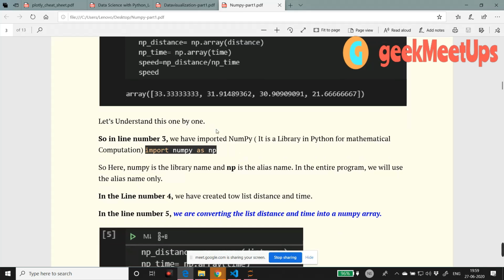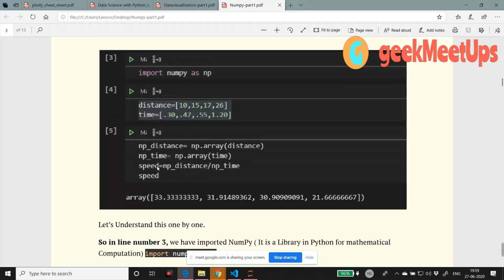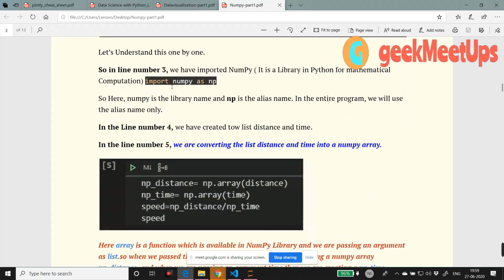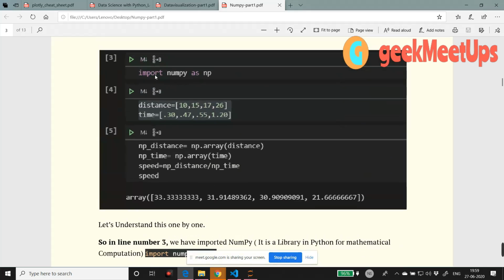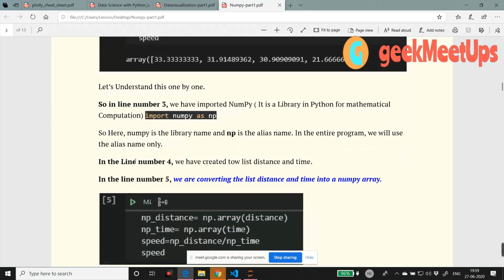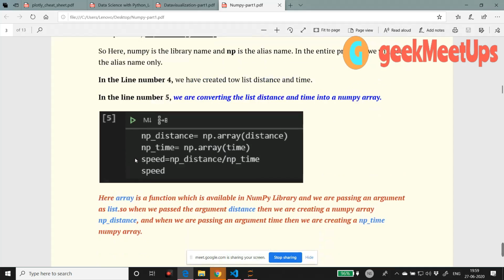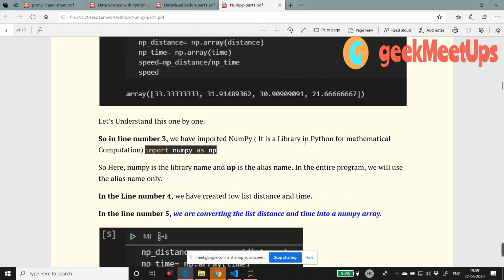The detailed description of these lines I have already mentioned here for your understanding, what we are doing in line number 3, line number 4 and line number 5. In line number 4 we have created two lists, distance and time.